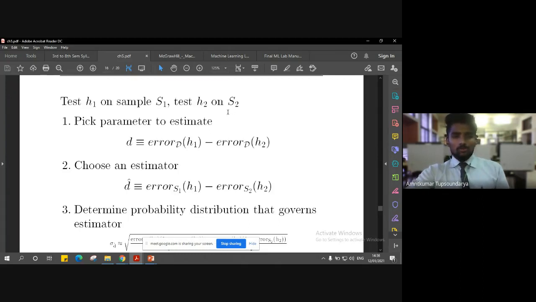So once we test this, we can compute the error, then we can choose an estimator, and then we can define or determine the probability distribution.